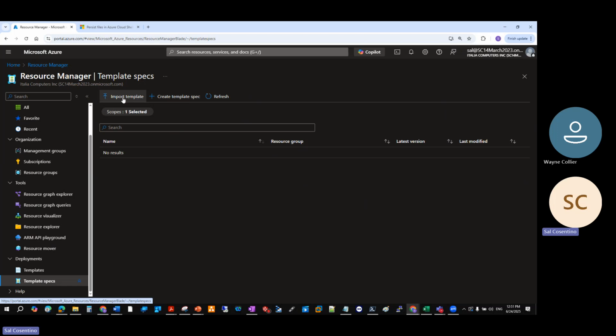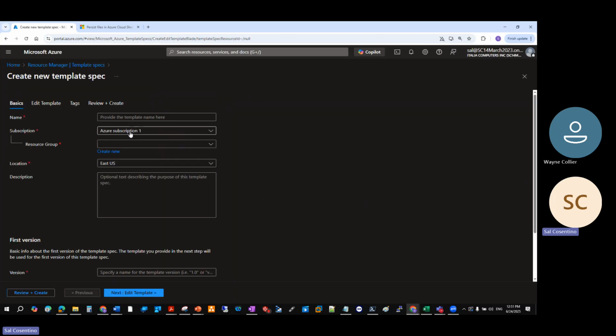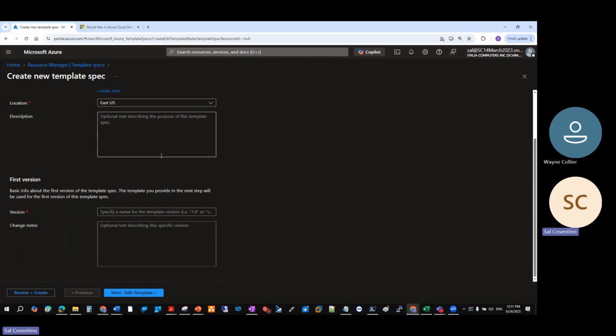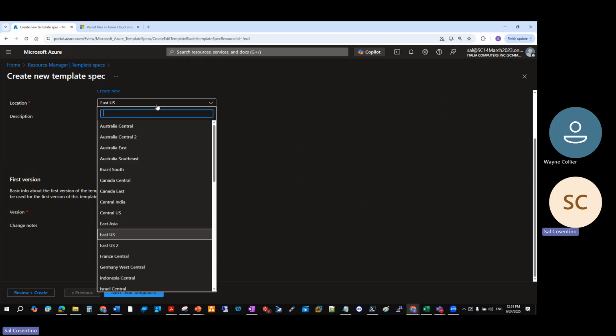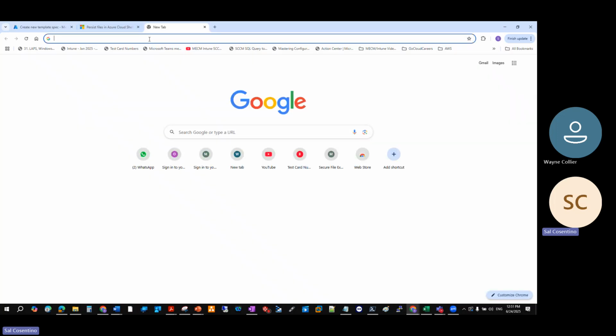Okay, so we can even import templates or create template specs here, right? And we can create the templates this way by giving it a name, tying it to a subscription. Just make sure that your location,